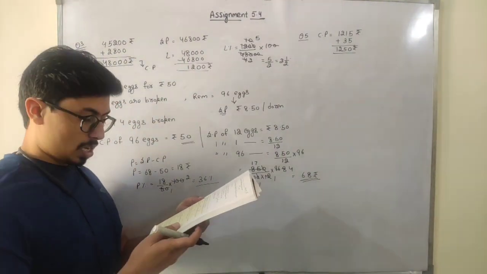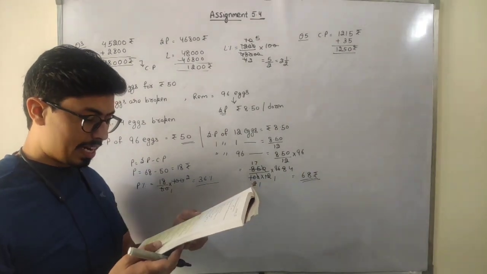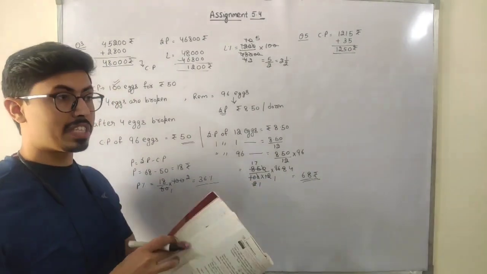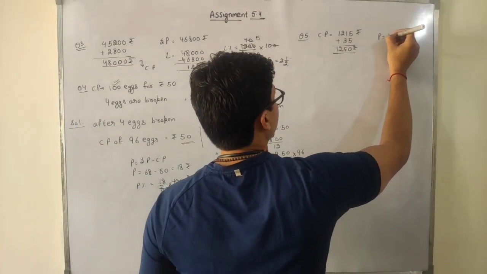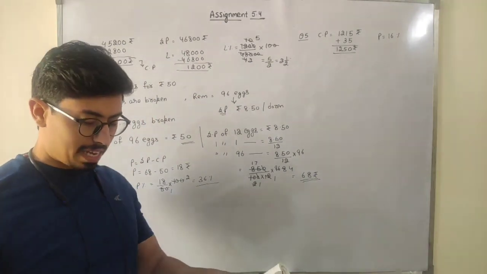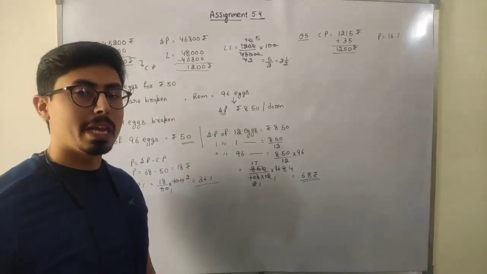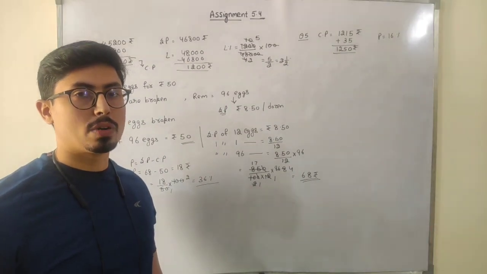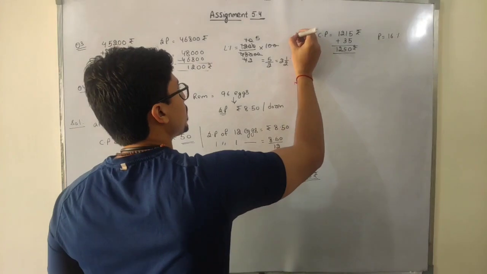Okay. Now students, at what price should he sell the article to get a gain percent of 16%? Profit percentage, that is 16%, is given to us, and what he has asked in the question is at what price he should sell. That means the selling price we don't know, students. I have to find out the selling price. Now just see, students,